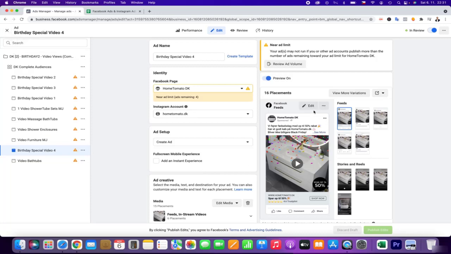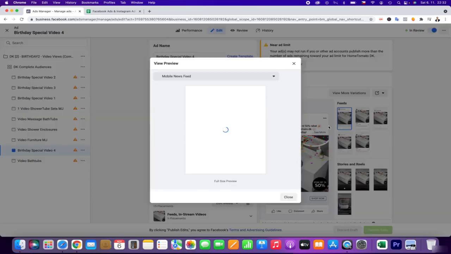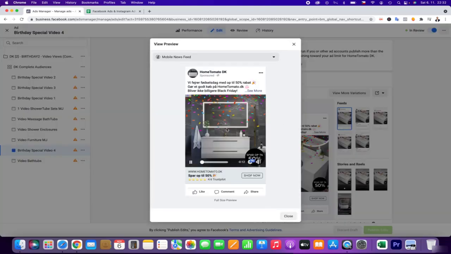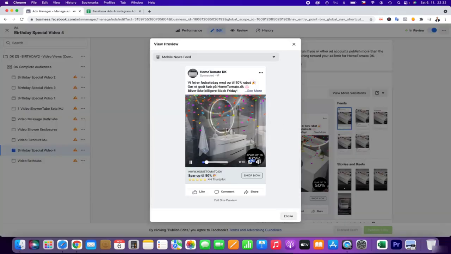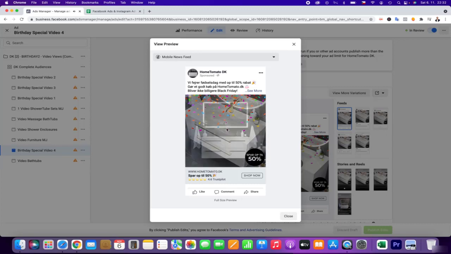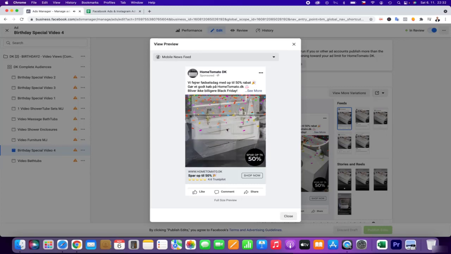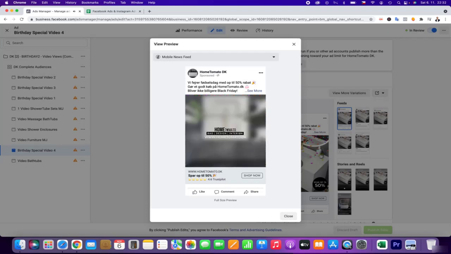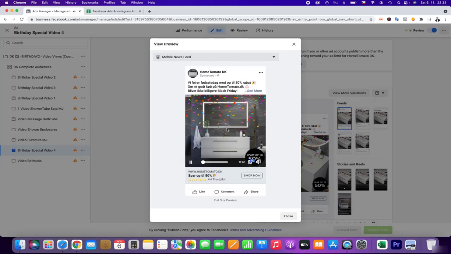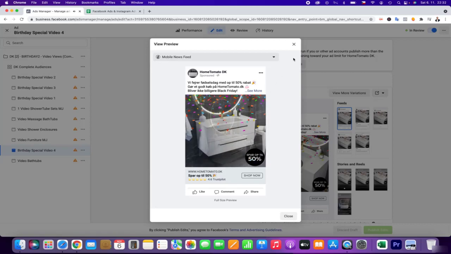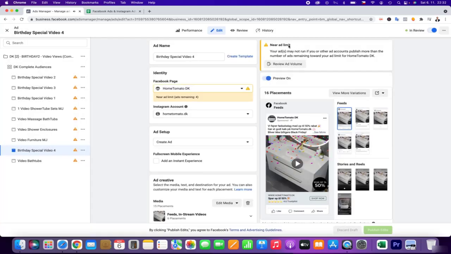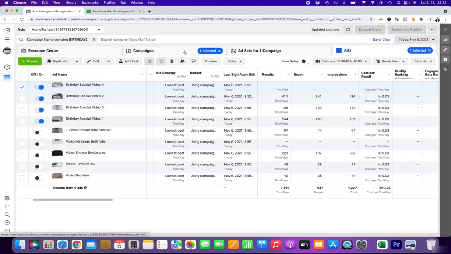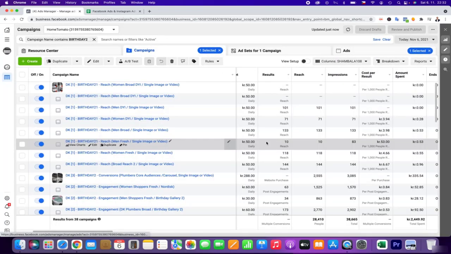And especially this I quite like. I will just show it to you quickly. It's just quickly changing images, quickly grabbing the attention, showing a new set. Because we did actually sell this set. So this is something I would love to use. Fresh content can really, really save the campaign when it's going down.